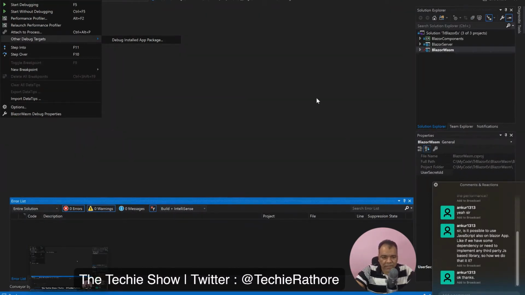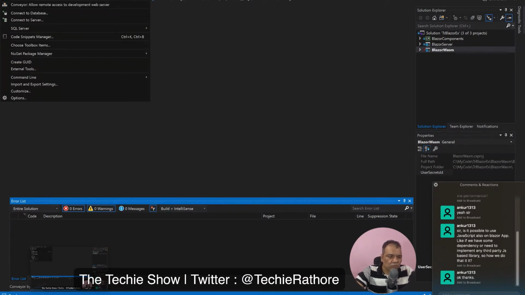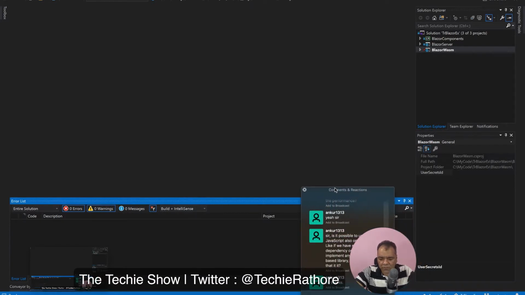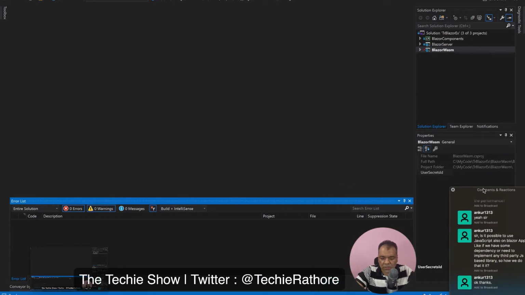Ankur, do you have any idea how you can do this? Does anyone on the broadcast have any idea which toolbar I have to use to change this? Right now it's trying to connect to IIS, but I don't want to connect to IIS. I want to connect to this.